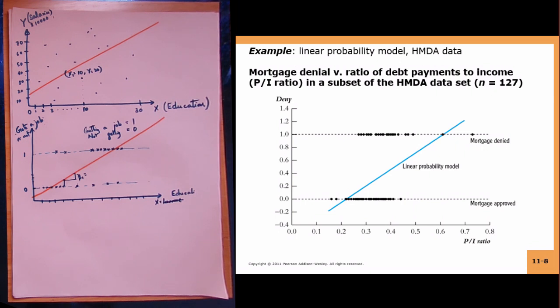Then 300 is your payments and your income is $10,000. So 300 divided by 10,000 is your PI ratio. As your PI ratio increases, your ability to make the payment goes down, given that you need to use your income for other purposes such as buying food, paying for the education of your children, and so on and so forth. If a large chunk of your income goes away in repaying your mortgage loan, then your ability to repay the loan goes down, and the bank takes that into